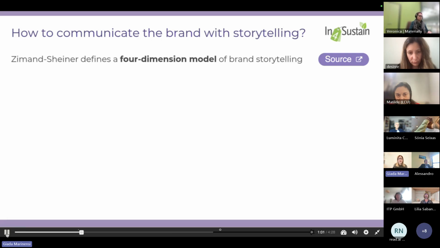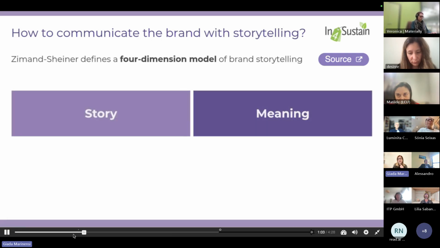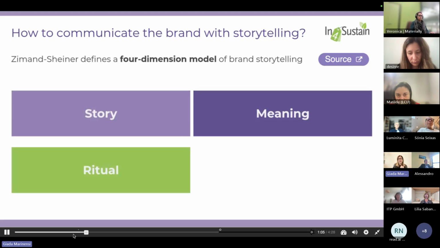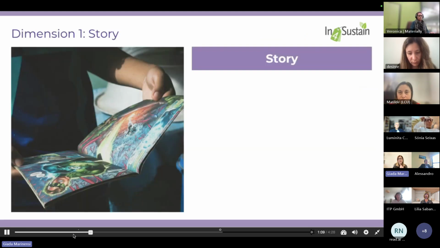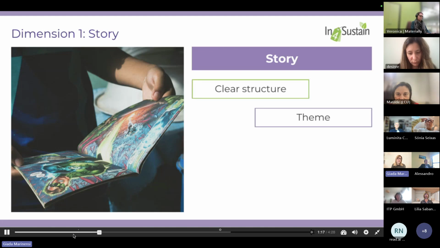Storytelling consists of the story, the meaning, the ritual, and the transmedia. A good story usually includes 4 key elements: a clear structure, where events follow a logical order; the theme, which defines what the story is about, such as the origin of a brand, how a product works, or its real-life impact; the hero can be a founder, a worker, a customer, or even the product itself.